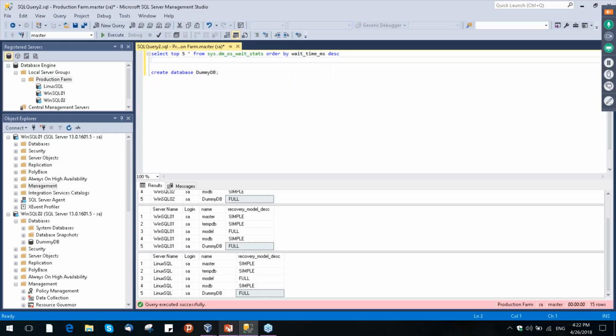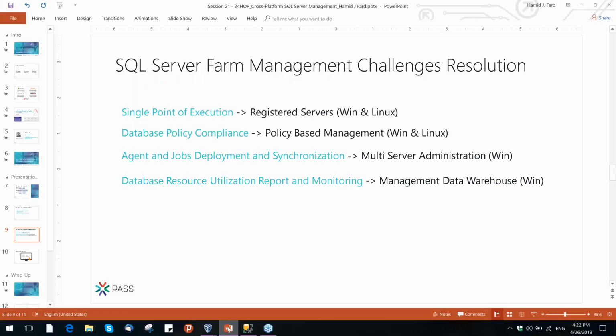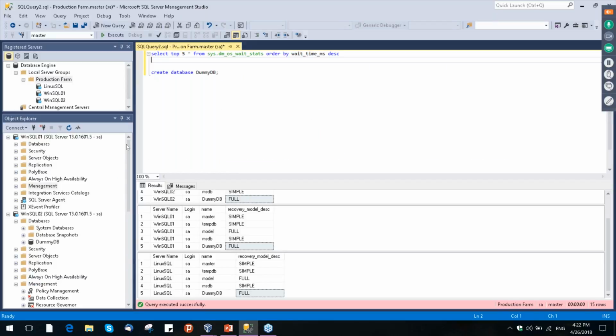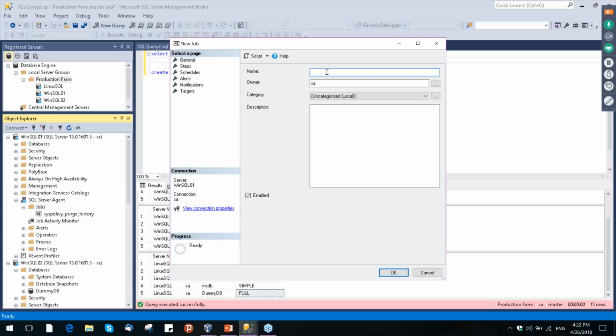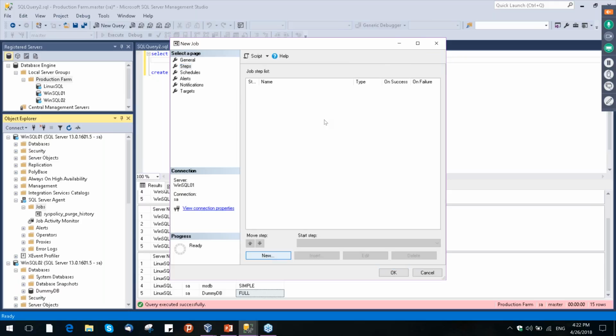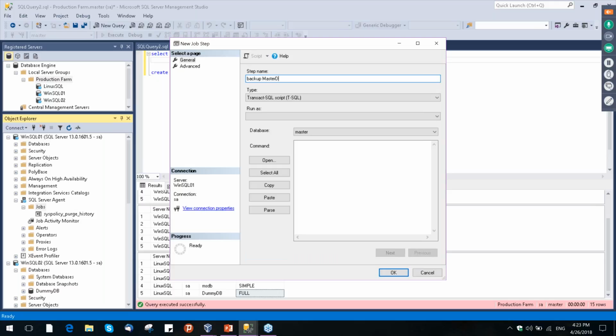So the next feature that I would like to introduce is agent job deployment and synchronization, which requires registered servers. For example, I would like to have this agent job. Let me create one agent job for, like, backup master. It will take a backup of the master DB: backup database master to disk, like C temp